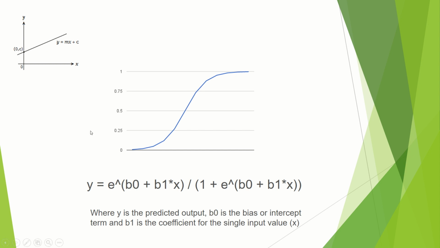Whereas in the case of logistic regression, the equation of logistic regression is derived from this equation itself. All these m and c are appearing here as well. This beta naught is actually this c, and this b1 is actually m. You can just assume that beta naught is c and b1 is m. Both are the same thing, just different letters are used here. So even this equation is derived from this equation.